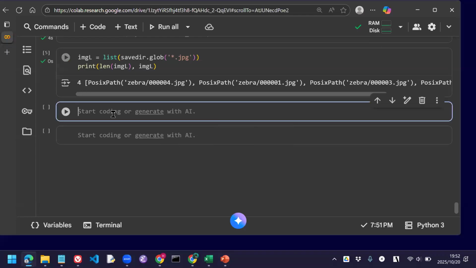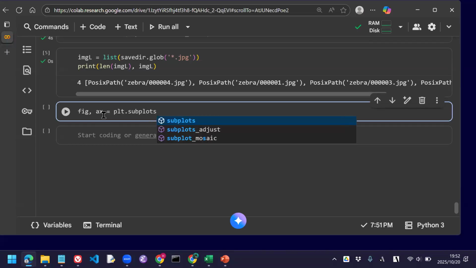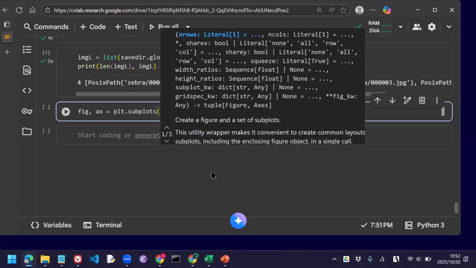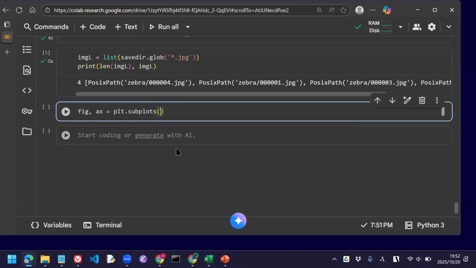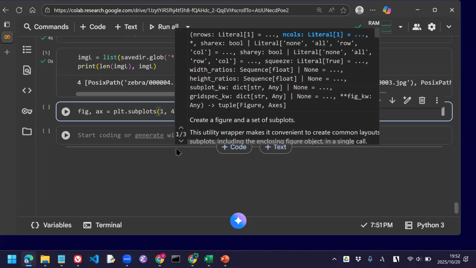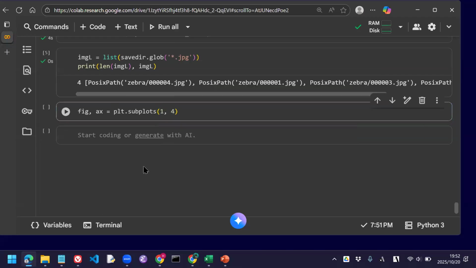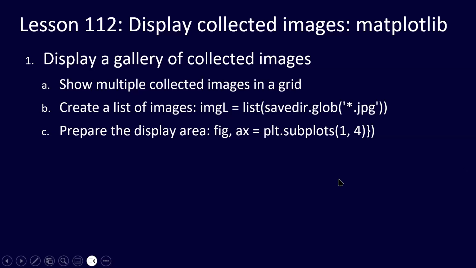This is a fixed way of preparing the image area, very applicable. And then we'll do the image display by using